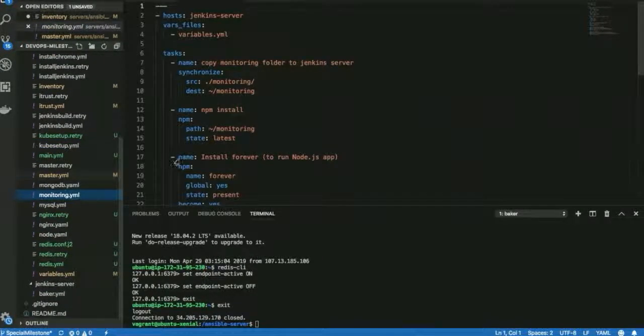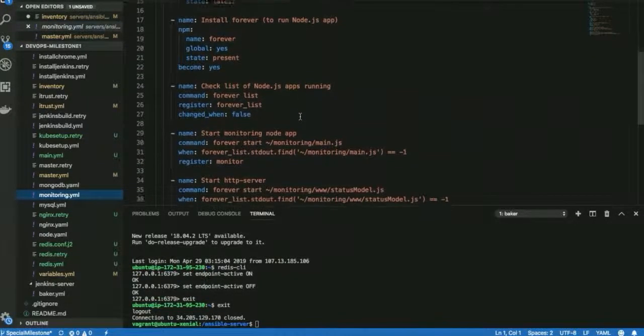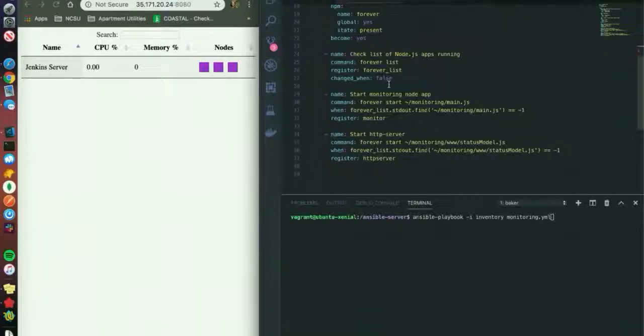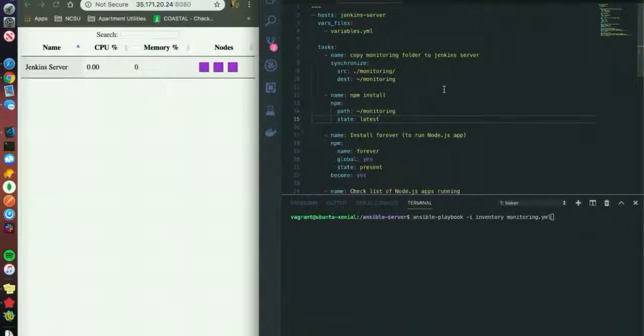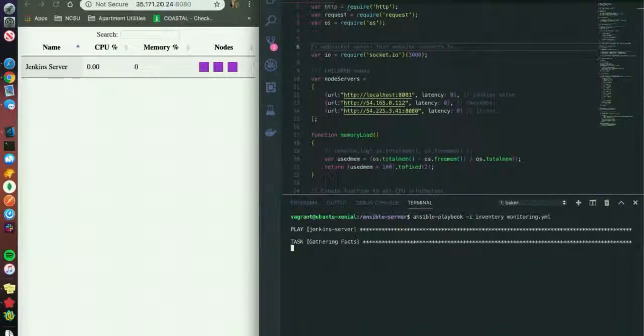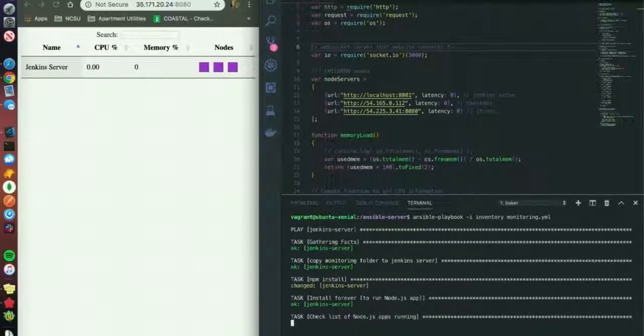If we go to monitoring, we can see how it copies the files needed for monitoring and does that for the main Jenkins server. For the monitoring part of our pipeline, I'm going to run this short playbook, which copies over our monitoring app and runs it. It'll start up a server on port 3000 and then emit a heartbeat every 5 seconds. And we will see our page over here to the left get refreshed with CPU and memory usage on our